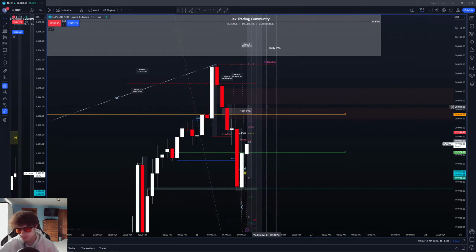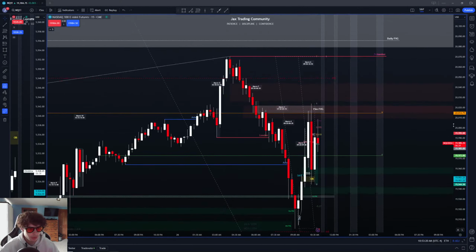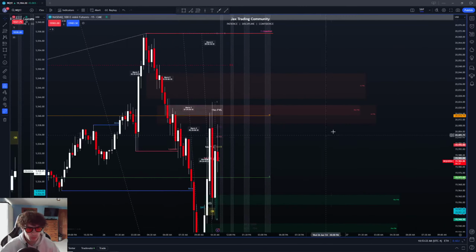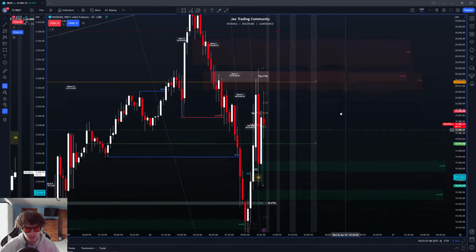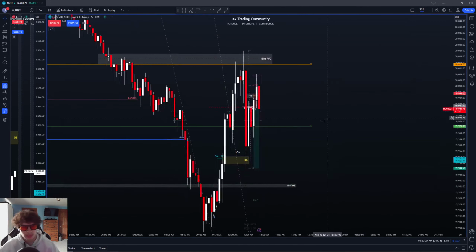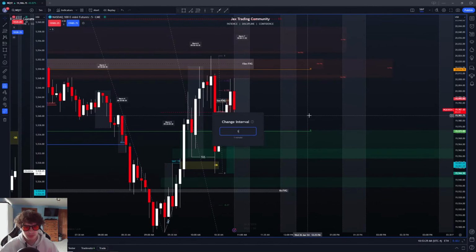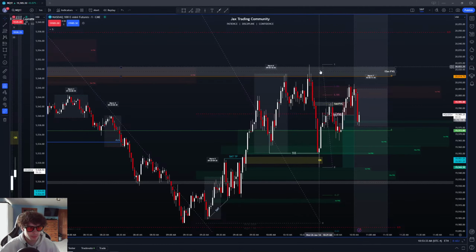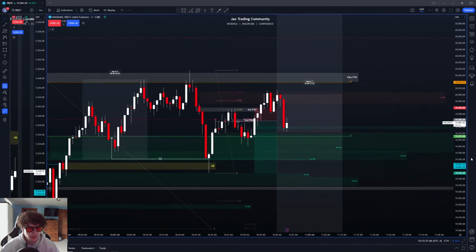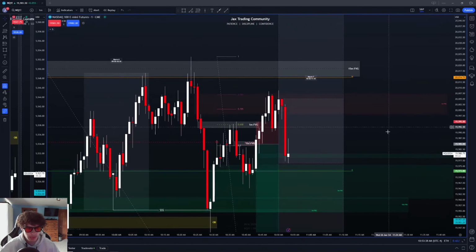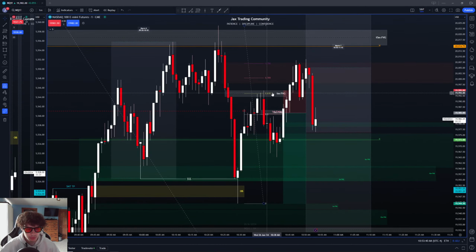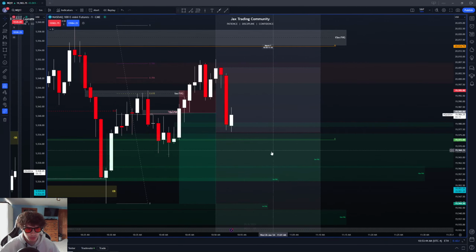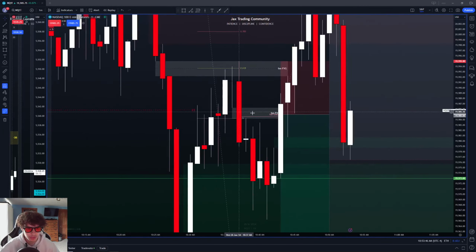You can see right here, going to the 15 minute, it overlapped with this 1 hour fair value gap. We've tapped this 15 minute. We've had displacement down. On the 5 minute, you can see the displacement down. On the 1 minute, you can see that's where we displaced down. And then we came up, tapped the golden ratio, which is in premium. We tapped this reaction off. So I wanted to take this position in this 1 minute fair value gap off of the reaction, but